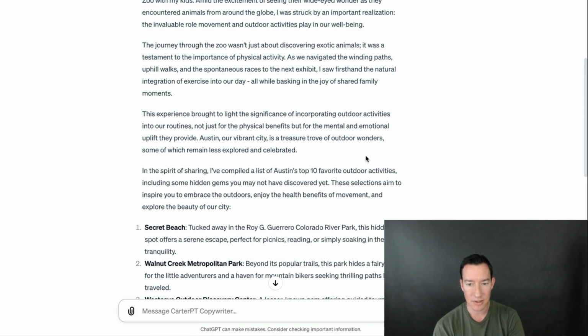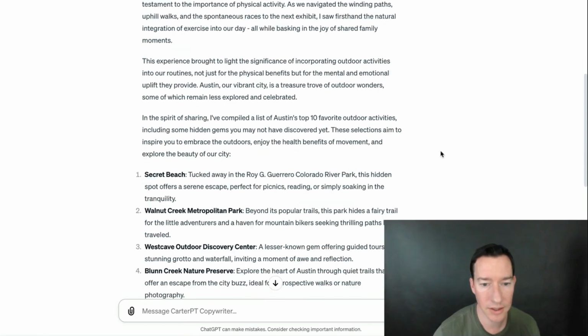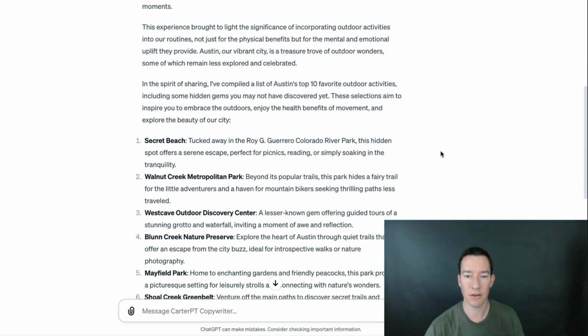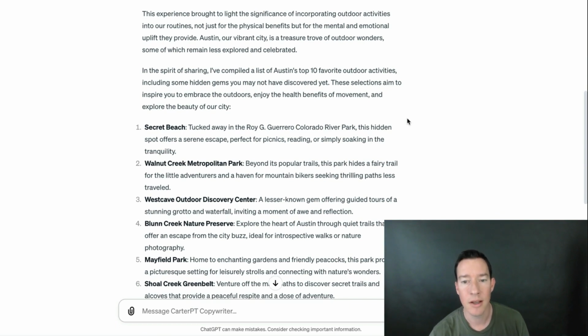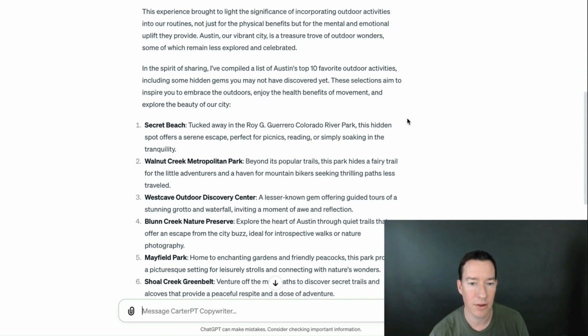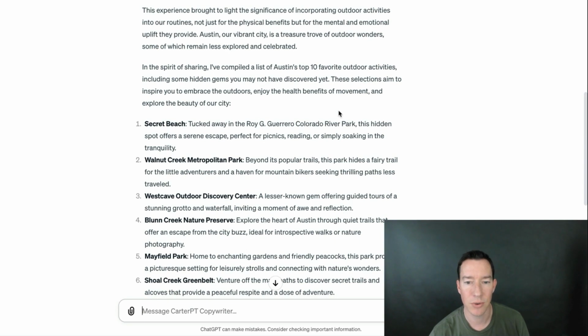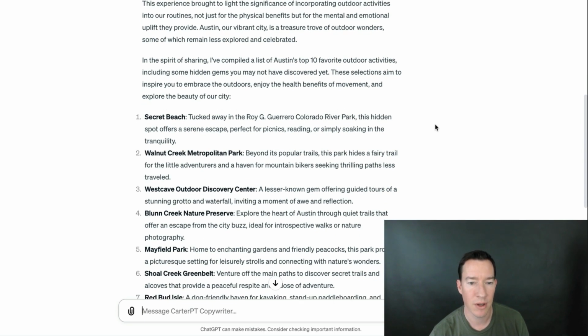Austin, our vibrant city, is a treasure trove of outdoor wonders, some of which remain less explored and celebrated. In the spirit of sharing, I've compiled a list of Austin's top 10 favorite outdoor activities, including some hidden gems you may not have discovered yet. These selections aim to inspire you to embrace the outdoors, enjoy the health benefits of movement, and explore the beauty